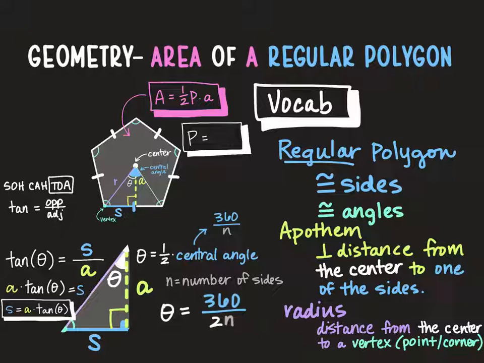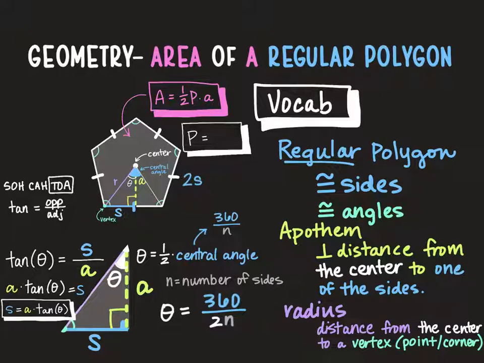So now let's define perimeter. Since a regular polygon has equal side lengths, the distance around would just be the number of sides times the length of each side. Since we've defined S as half of one of the sides, the length of one side would be 2s. So using variables we've already defined in this process, we can say that perimeter is equal to